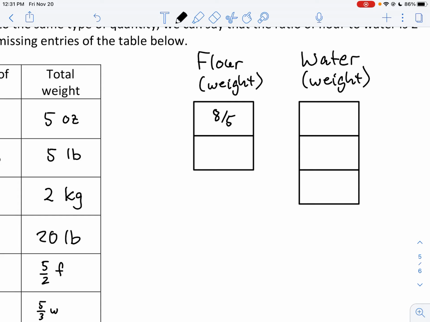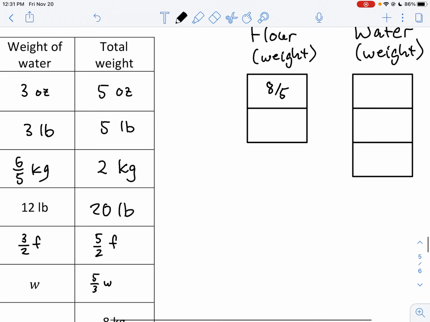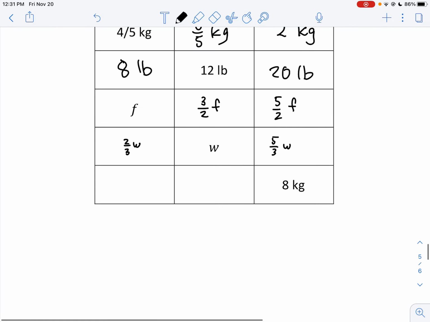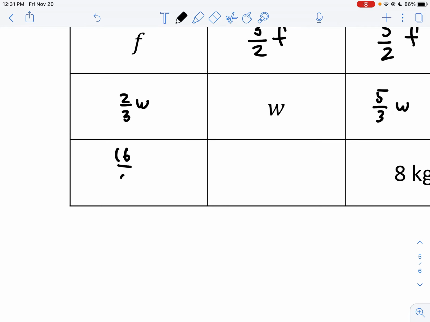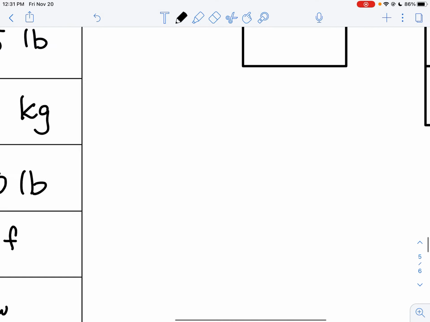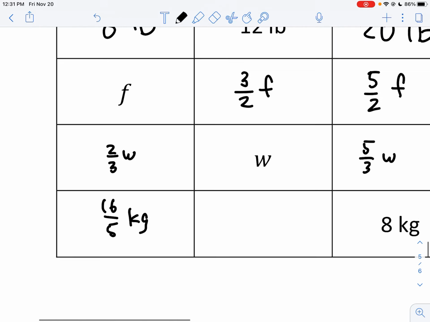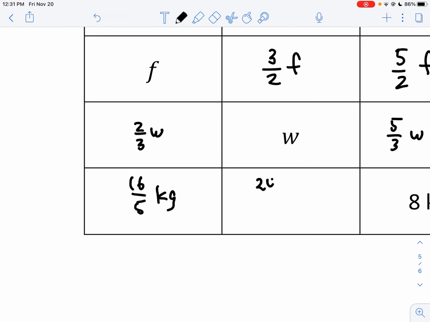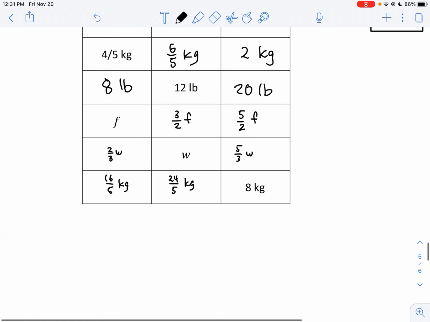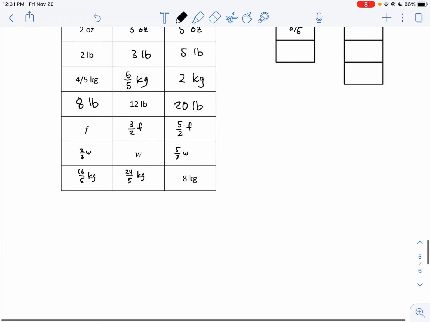That way, when you put the 5 parts together, you have a total of 8. So the flour will have 2 times 8/5. And the water will have 3 times 8/5. Okay, and this